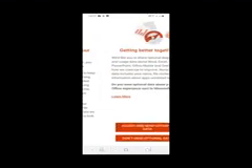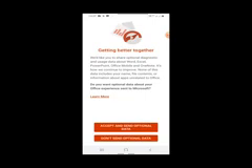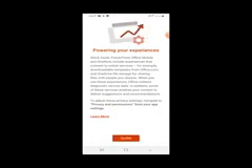Press the next button. Here you will see two options: accept and send optional data or don't send optional data. We don't need the first option, so I will click the second option, that is don't send optional data. Now the app is ready to take the picture of your written work.